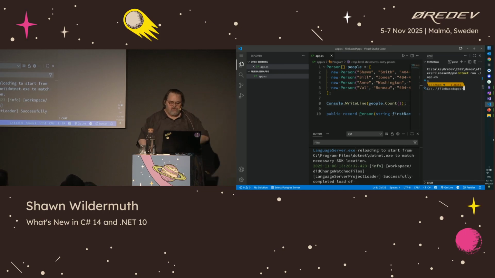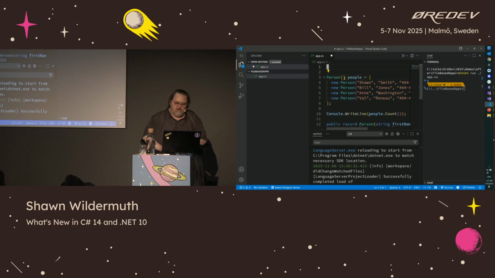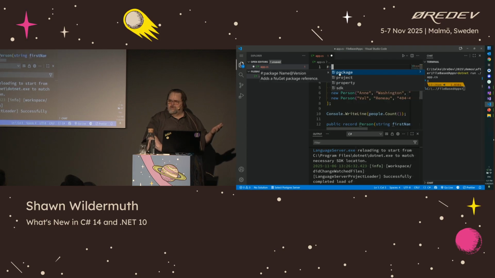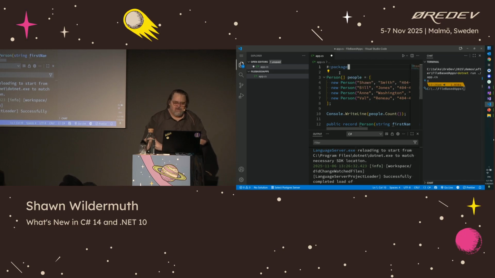But in this way, we can do some simple things. One of the things you'll find is that you can use these pound commands or bash, what do you call those? I meant the pound symbol. Hash, thank you. You can add packages like CSV helper at